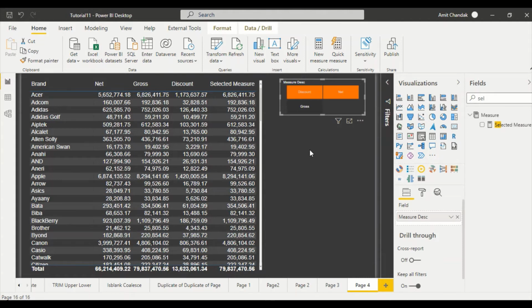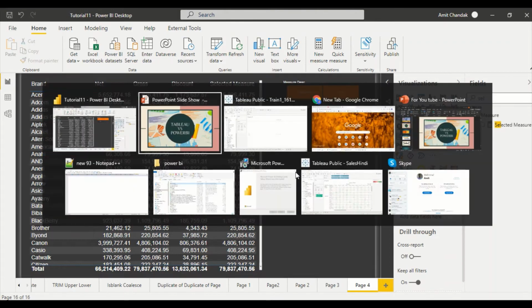If you want multiple selection, then there is an option called calculation groups in Power BI, and you should go ahead and try that calculation group out. That will allow you multiple selection. Similarly, let's say there are three measures, net, gross and discount, and I want to show height. Showing height can happen only in a bar visual or something where they will be available, but they can be made blank. That was also possible, but for that every measure we need to write code. Multi-select we can allow. Now time to jump into Tableau.